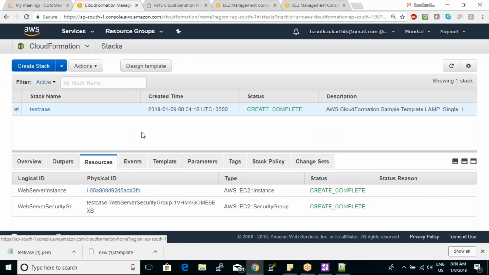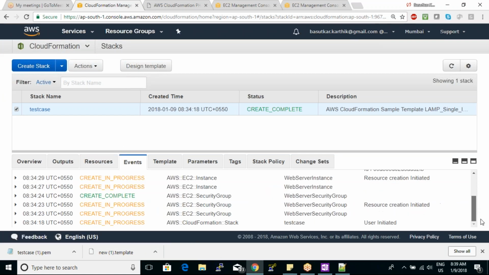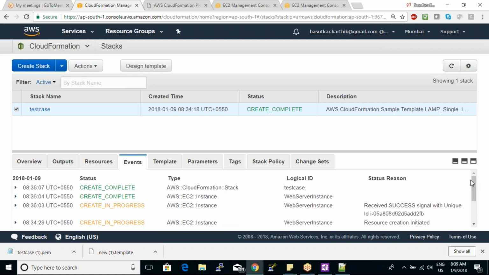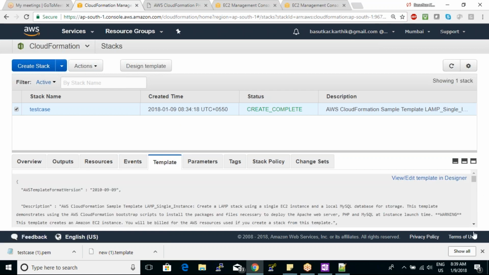The resources that it used while creating the template: it launched one instance and it created a security group for that instance. Okay, what events it triggered, line by line, I mean in order, while creating: it created a CloudFormation stack, and it launched the EC2 instance, and it created a security group, and it added two rules on port number 80 and port number 22. Okay, and it finally created the stack and everything. This is what the different events are and how the template looks. This is what the template appears as,